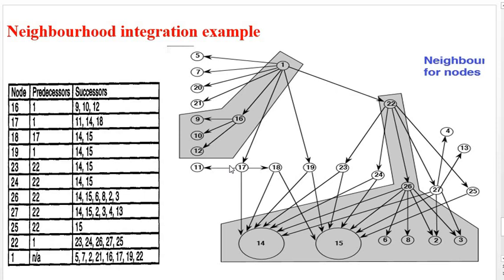So through call graph based integration, on what basis can we group the modules? We construct the call graph, then we can apply neighborhood integration testing or pairwise integration testing. By using pairwise integration testing, the number of testing sessions will increase. To avoid that, neighborhood integration testing is used. But if the number of predecessor and successor nodes in the neighborhood or group increases, then it will be complex to apply the integration testing.